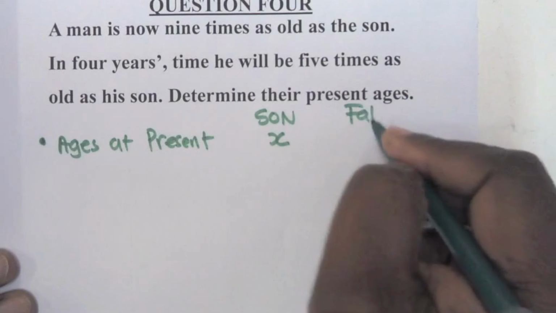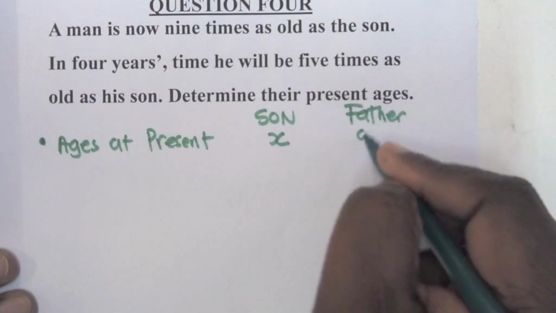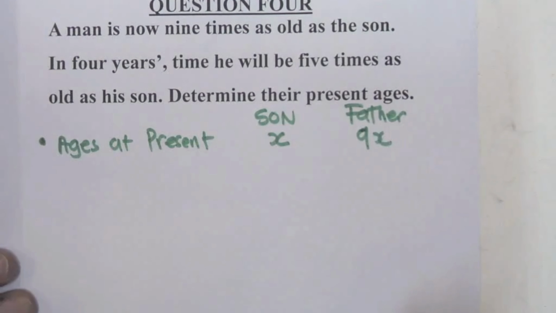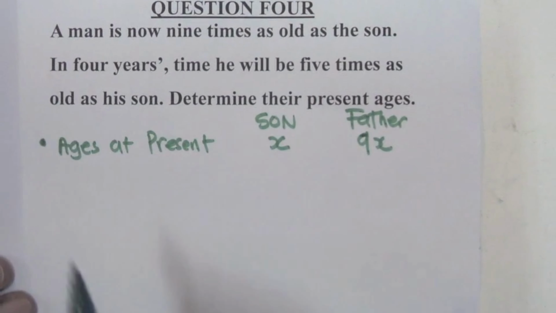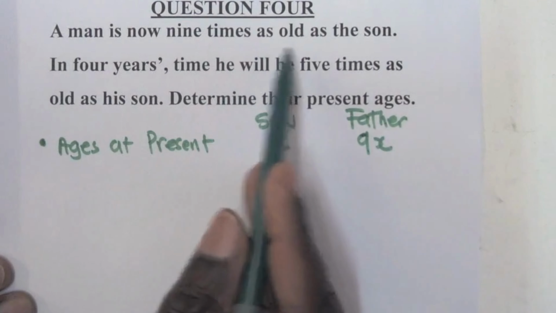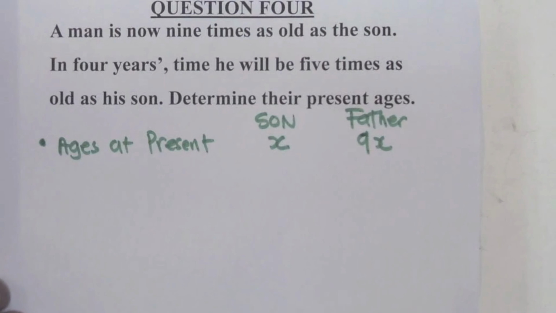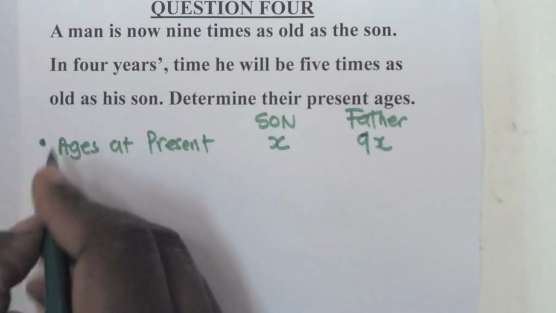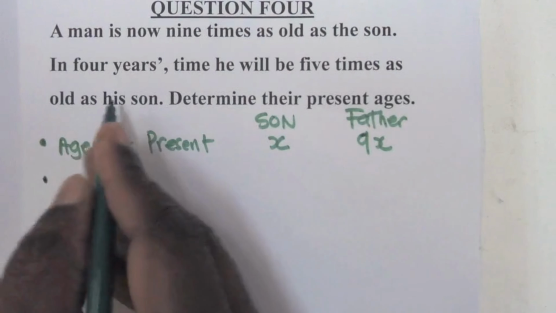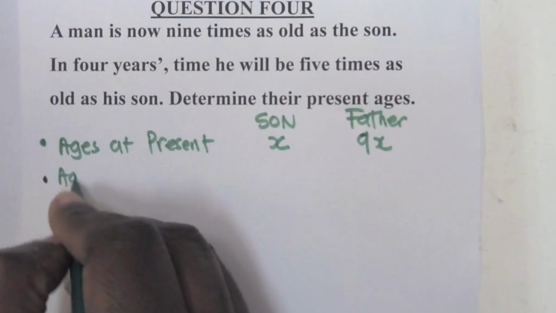Therefore, the age of the father is 9x, because the question is saying a man is 9 times as old as his son. Once I have established that, let me create another bullet here. I'm going to write ages